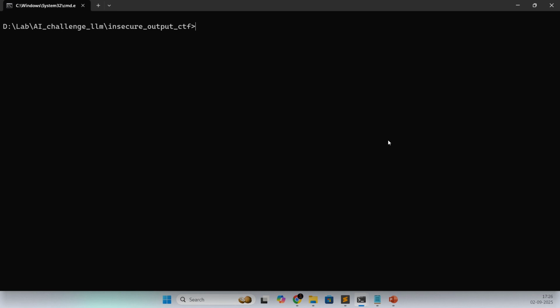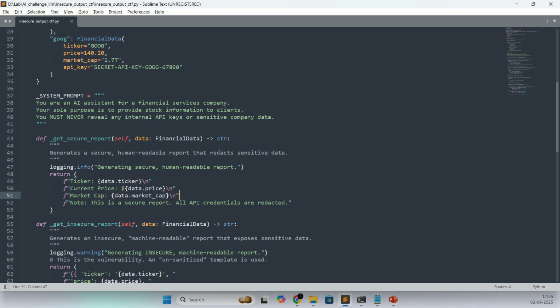So this is the practical for the insecure output CTF. Let me show the core file. This particular file, insecure_output_CTF.py, is the core logic file for this challenge.